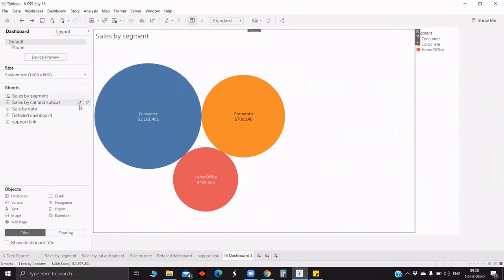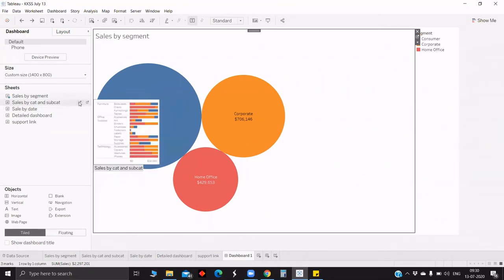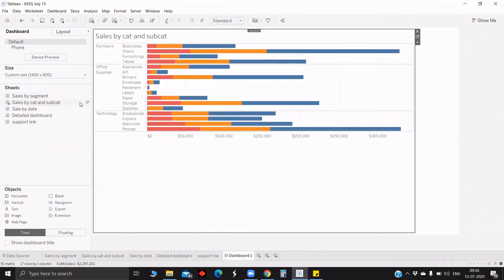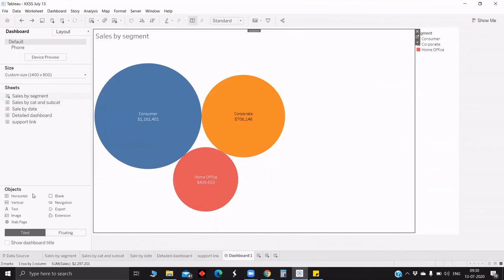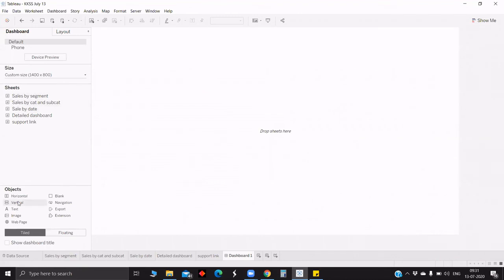Generally you use this quadrant in which the arrow is on both sides, and if we use that directly, the sheet will get replaced. These are the functionalities we have in sheets. Next we will quickly move on to the objects tab. So in the objects tab, what we have is horizontal and vertical. Horizontal and vertical are the containers which we, sorry Jairam.